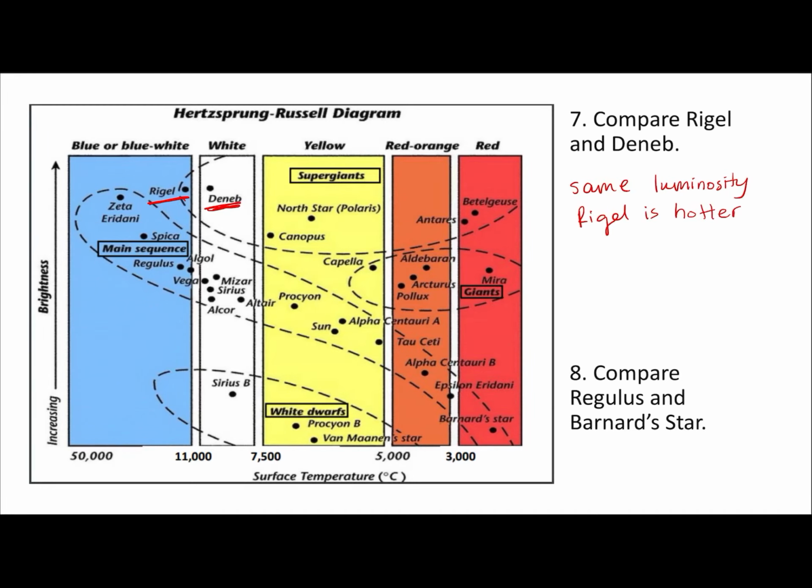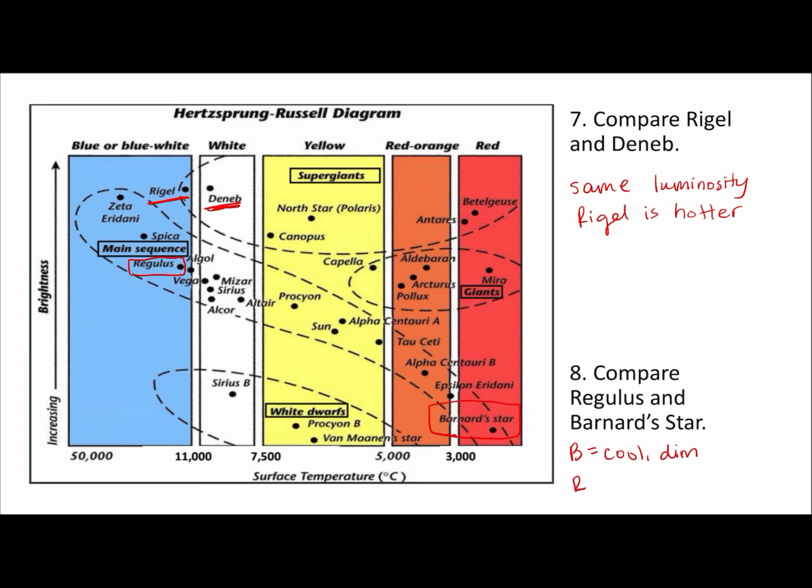All right, compare Regulus and Barnard star. Where's Regulus? Okay, Regulus is over here. And Barnard star is down here. So these two are in completely different areas, so they're kind of easier to compare. Looking at Barnard star, it's at the bottom right area. So Barnard, I'm just going to put B. Barnard is going to be cool and dim. Whereas Regulus is going to be hot and bright because it's up in that top